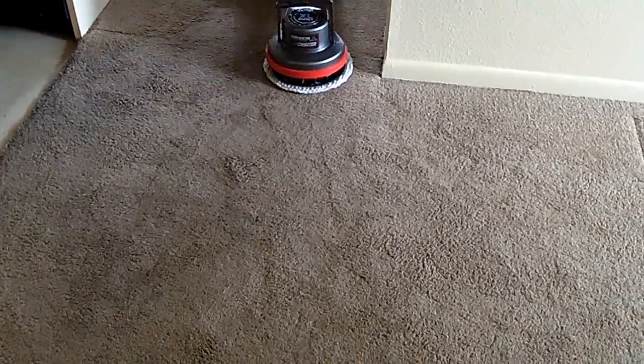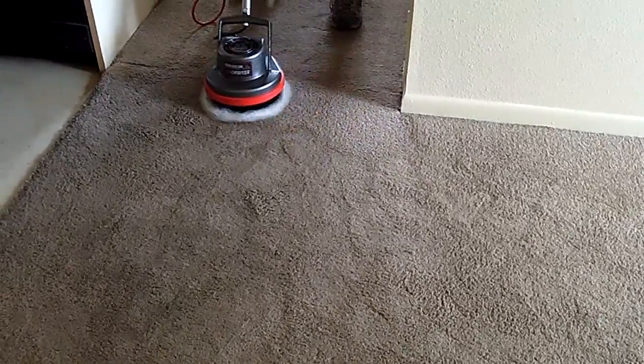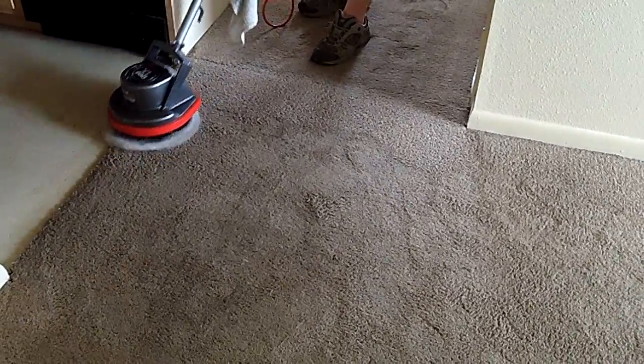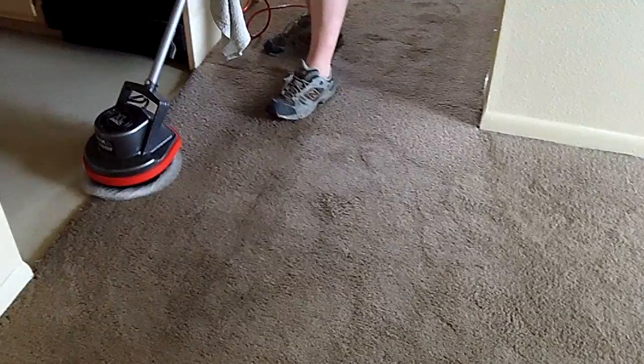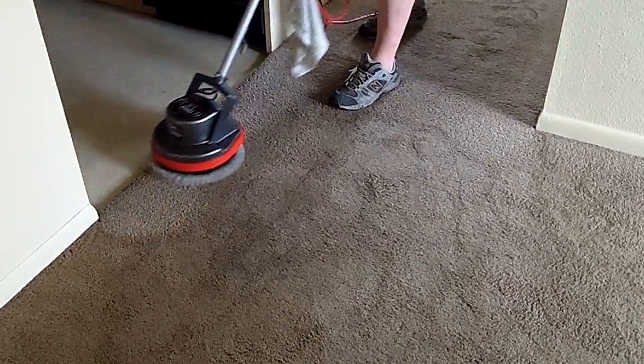Keep in mind, we're trying to just scrub this carpet. We're not really trying to pick up all the dirt now because we're going to extract it. However, whatever we extract out right now, that'll eliminate the extractor having to take it out. If we do this right, by the time we get to the extractor, it'll just do a rinse, not an